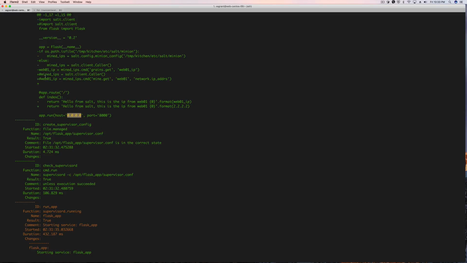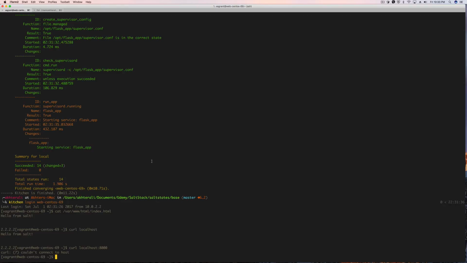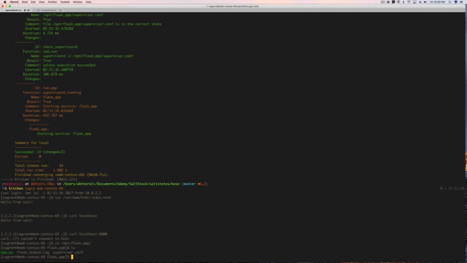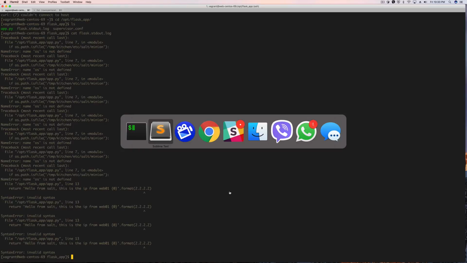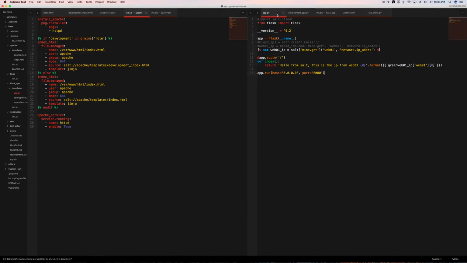Let's see now. Maybe it didn't start properly. Let's take a look. And it's because of the format here. See, I actually set this as a variable, not as a string, and since it's not a string, it's actually failing. So that's another downfall here. So we need some sort of a string interpolation